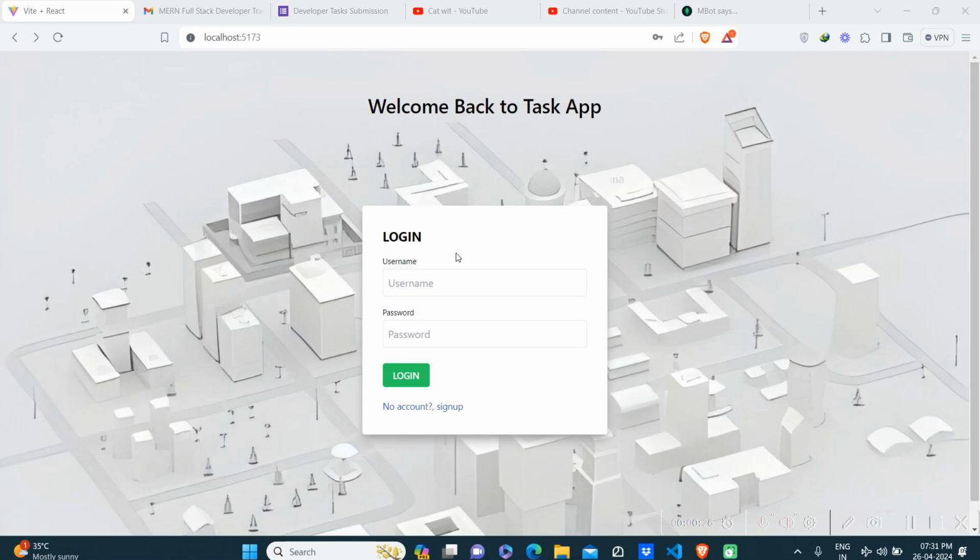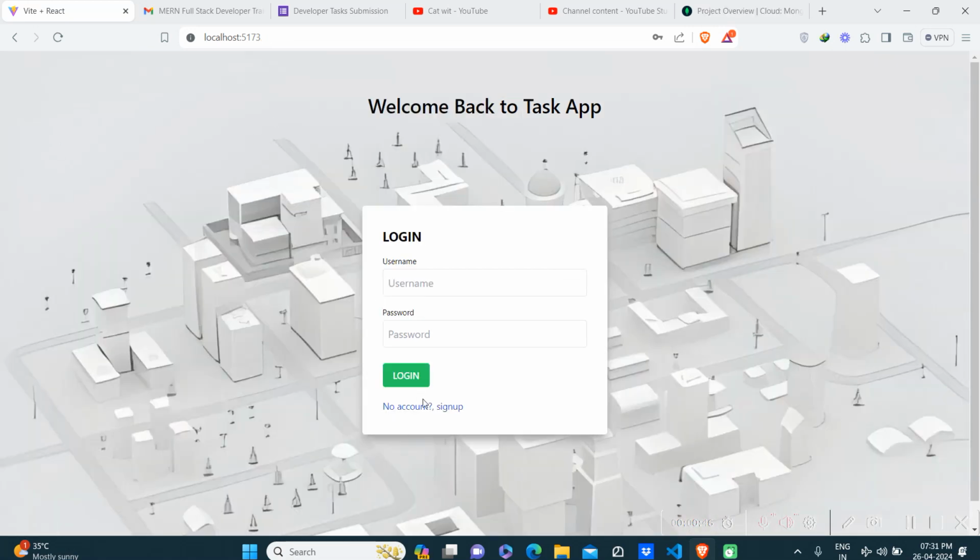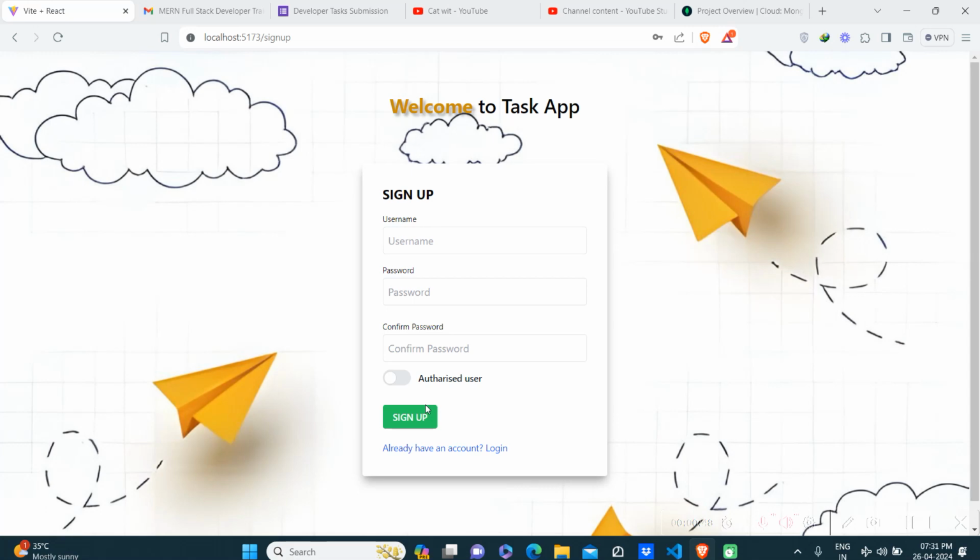And here is the open page of this project. When we open localhost 5173, it will directly take you to the login page. I have done a basic login and sign up page. Here, clicking "no account, sign up" will take you to the sign up page, and if we already have an account, it will take us to the login page. The sign up page carries username, password, confirm